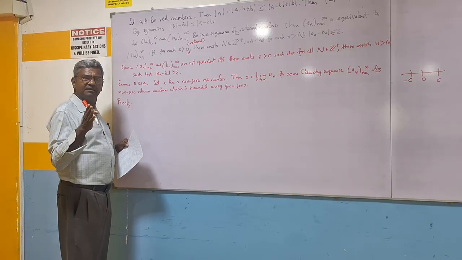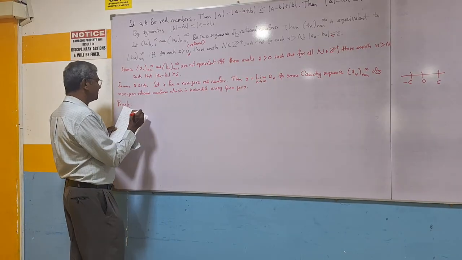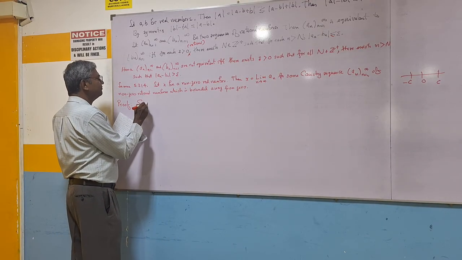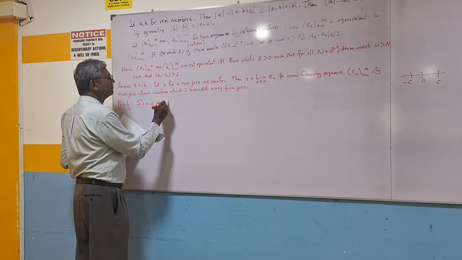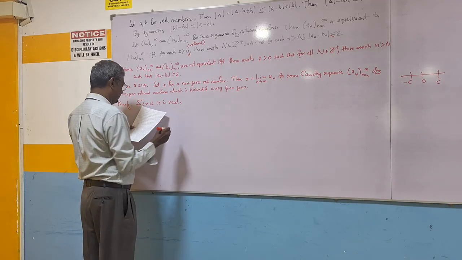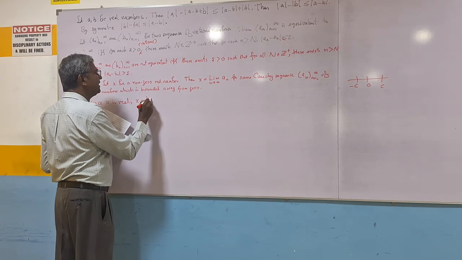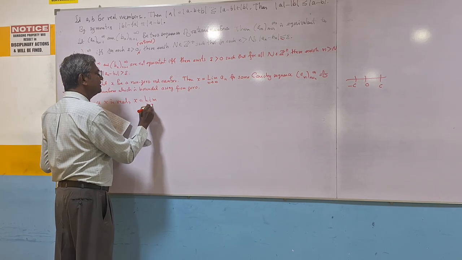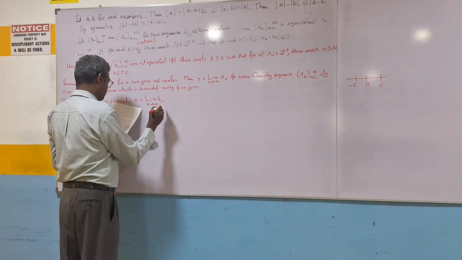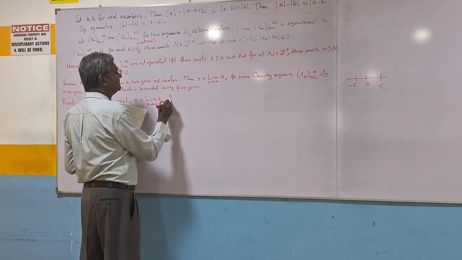Since x is real, x is equal to the formal limit, n going 1 to infinity, of b_n for some Cauchy sequence